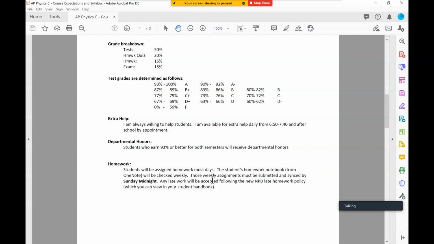Yeah. The homework quizzes, that's the next thing we'll talk about. So the homework quizzes are unannounced, and they're going to be over homework problems that we've already assigned and already had a chance to talk about in class. So it's going to be things from like 2 or 3 lessons ago. I'm going to give you 1, 2, maybe 3 problems, give you 15 minutes or so to do them, and